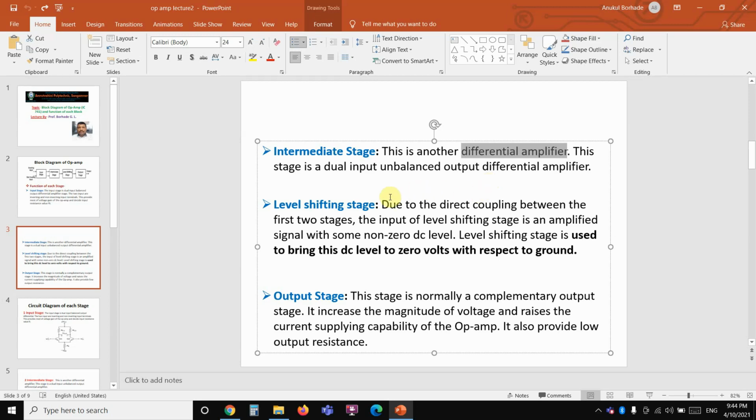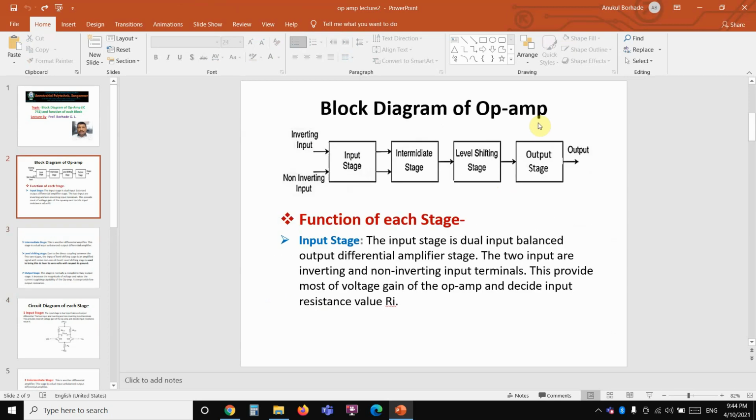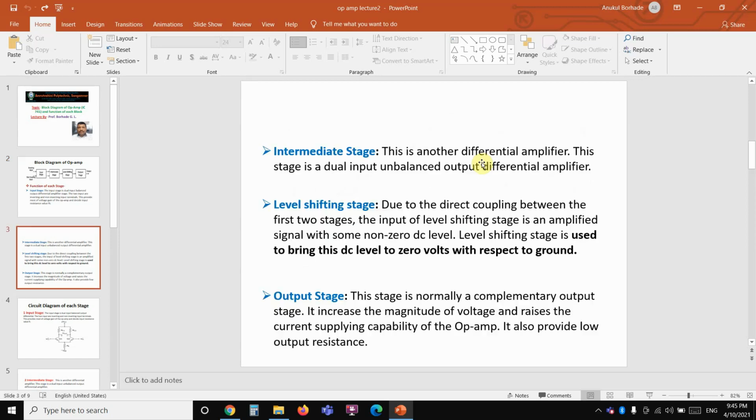Then the next stage of the op-amp is the level shifting stage. This stage does not provide any gain, it only adjusts the DC level to 0. Then what is the function of this level shifting stage? Due to the